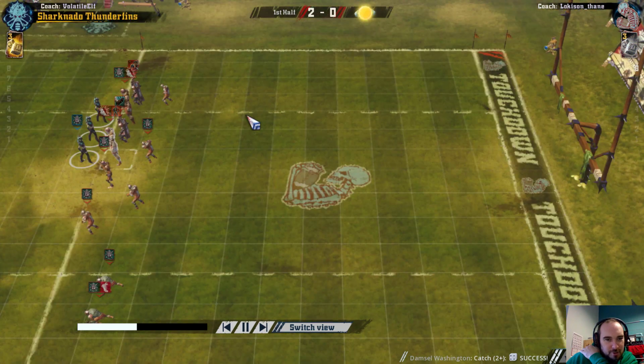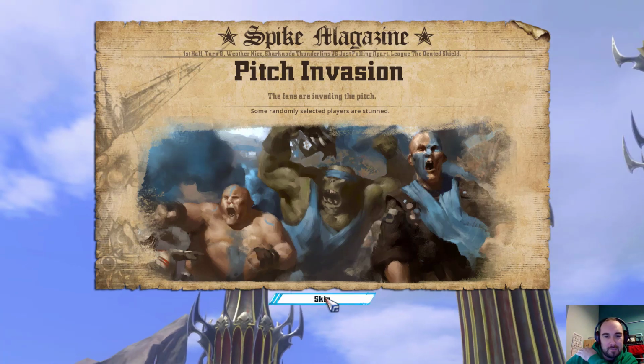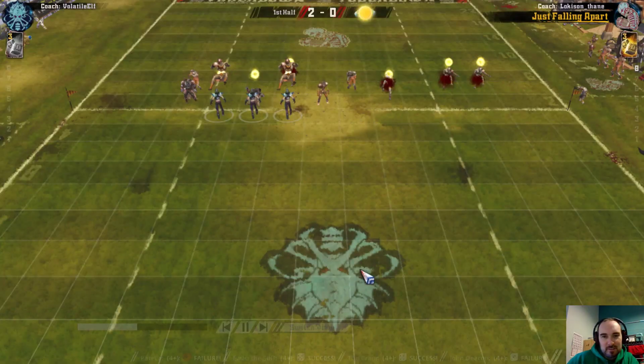So I think putting the 2 guard mummies together right next to each other makes it much easier for them to get 3 dice blocks. Okay, now this is one of the things I did hear about. We do have a pitch invasion,